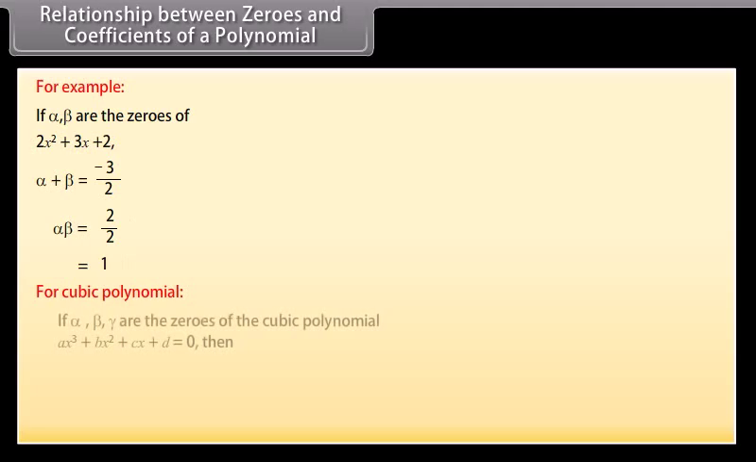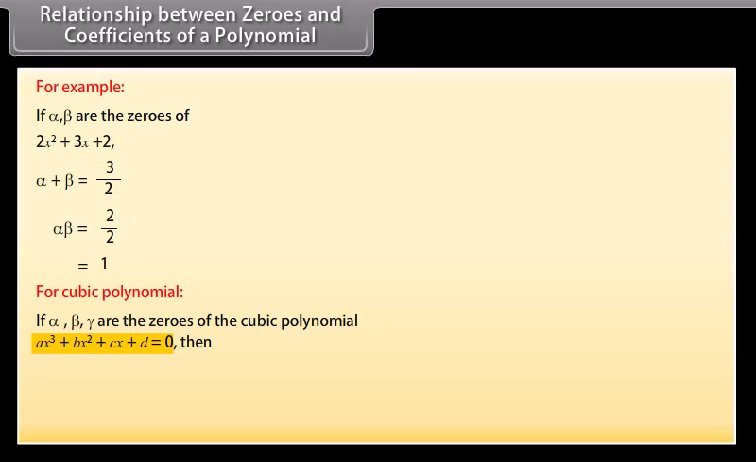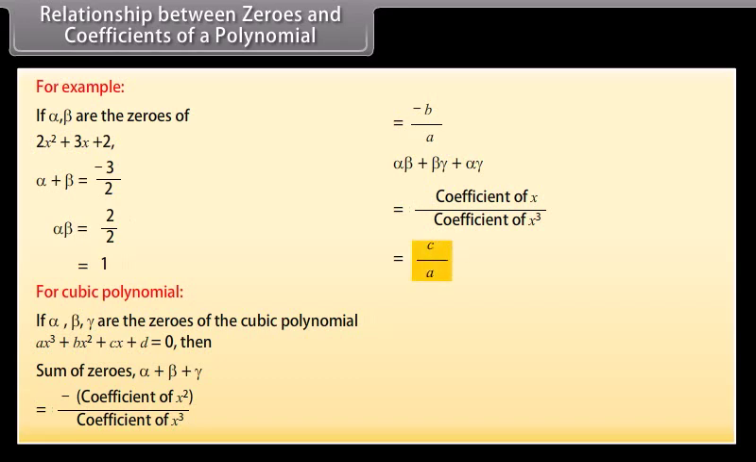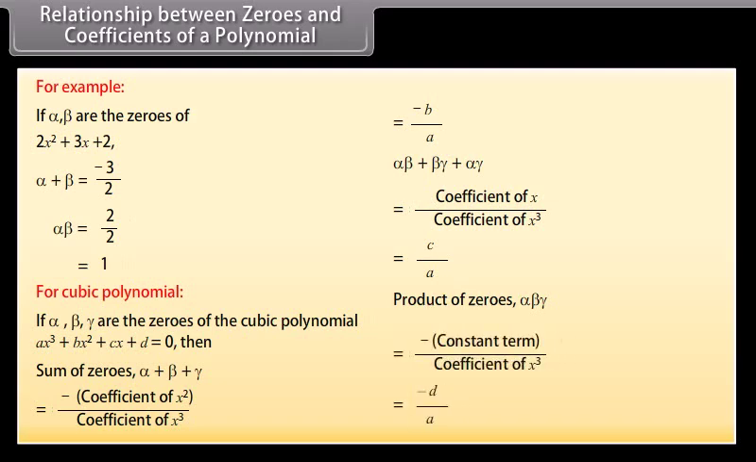For cubic polynomial, if alpha, beta, gamma are the zeros of the cubic polynomial ax cube plus bx square plus cx plus d is equal to 0, then the sum of zeros, alpha plus beta plus gamma, is equal to minus coefficient of x square upon coefficient of x cube, which equals minus b upon a. Alpha beta plus beta gamma plus alpha gamma is equal to coefficient of x upon coefficient of x cube, which equals c upon a. Product of zeros, alpha beta gamma, is equal to minus constant term upon coefficient of x cube, which equals minus